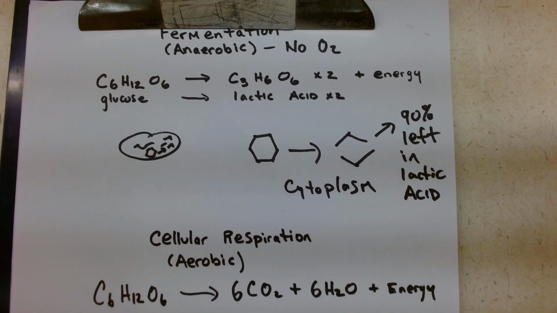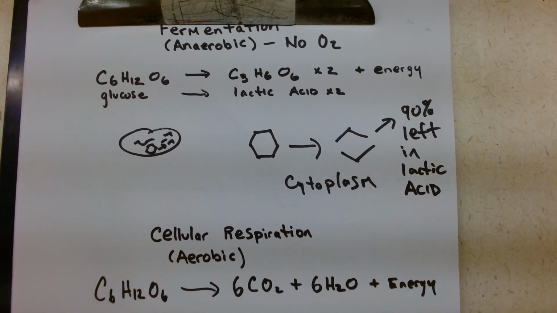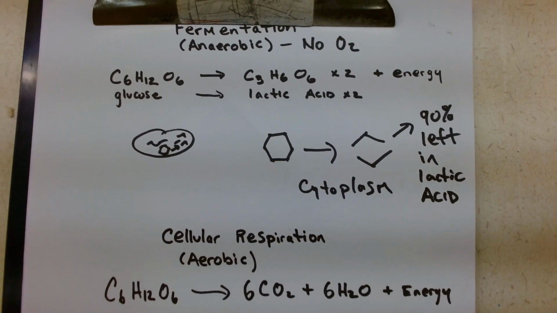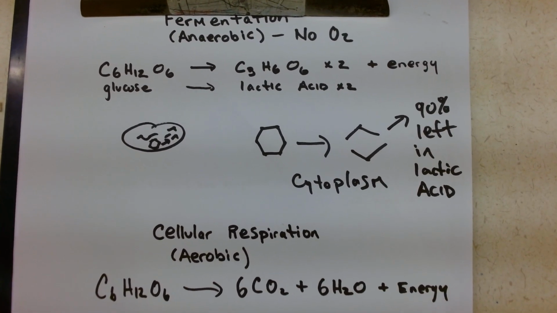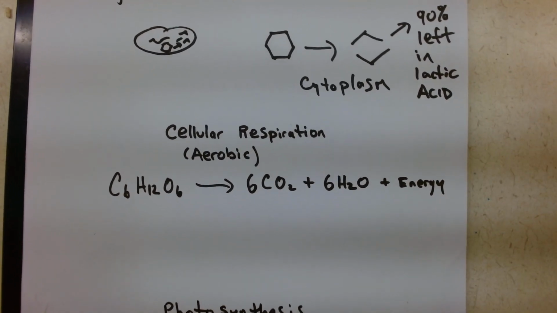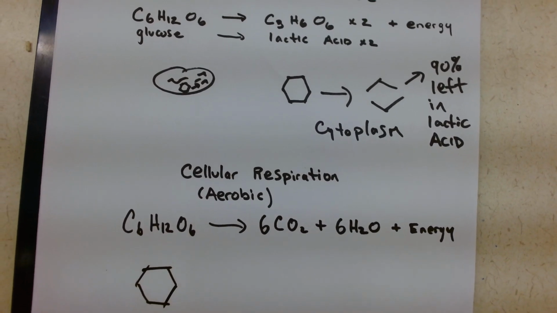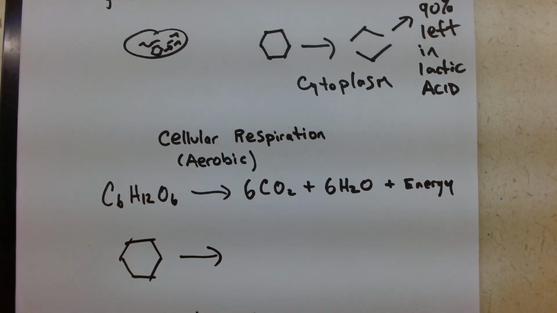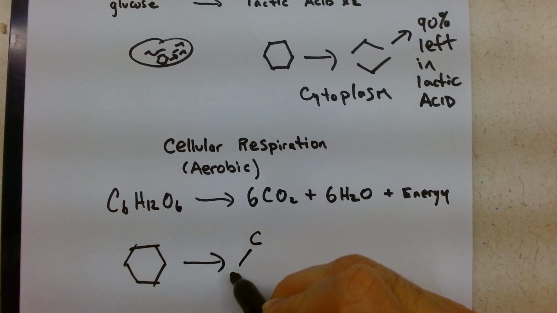We do that process, but in order for us to have enough energy to survive, we need oxygen. Oxygen allows us to more efficiently break down that molecule to extract all of the energy. So fundamentally what we do is we take that same sugar molecule, and through a series of steps, it'll take several steps for this to happen. We haven't gone into detail about all of the steps, but essentially we will break down